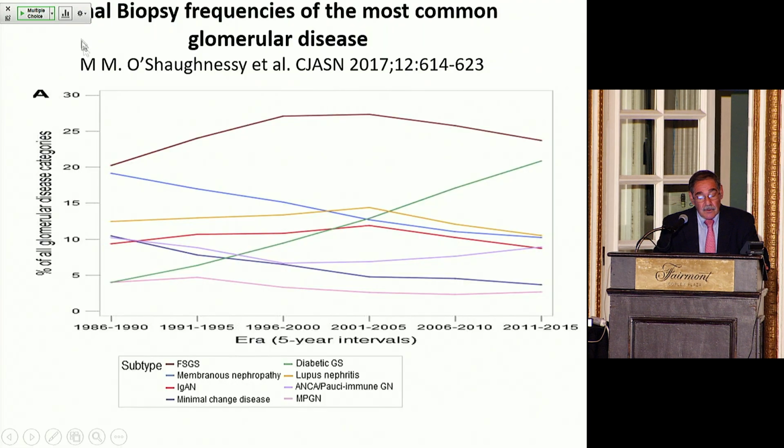Okay, this is taken from UNC data, University of North Carolina, Charlie Jennette's pathology group here. You're looking at a period where they had about 20,000 biopsies. If you look at the number one disease down here, focal sclerosis, here it is. It was the number one disease here, stays, comes down a little bit, still the number one disease here. So this is a very common disease.